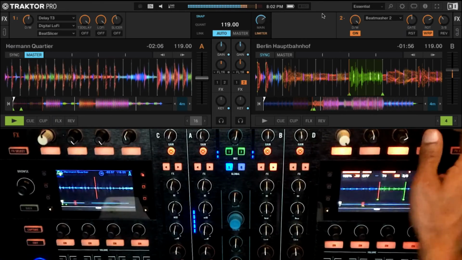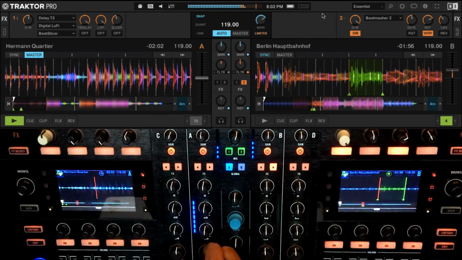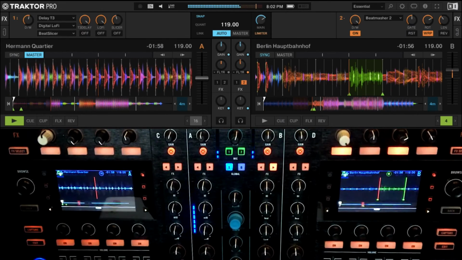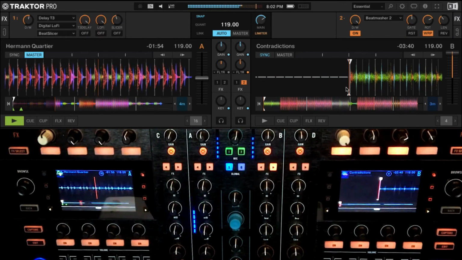Literally sampling that track. Right? Now I could load up another track on this deck if I wanted to. Nothing will stop me from that. I could play this track and reduce the dry wet.